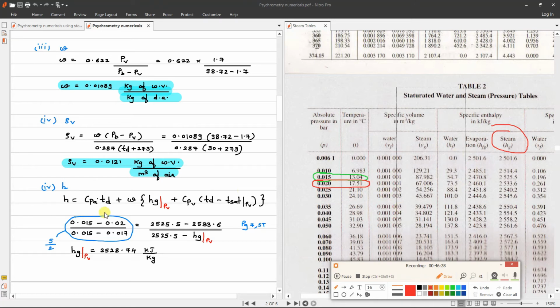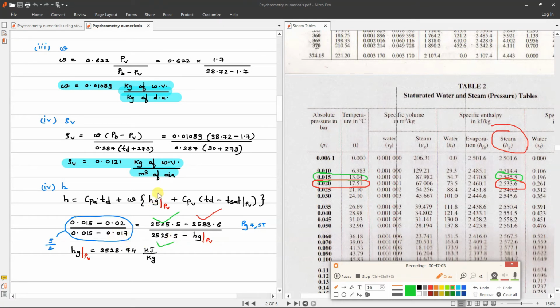So for 0.015, what is the value? 2525.5, minus, for 0.02, what is the Hg value? 2533.6. So 2533.6 divided by, in the denominator again we have 0.015, so this value will be 2525.5 minus, for 0.017,